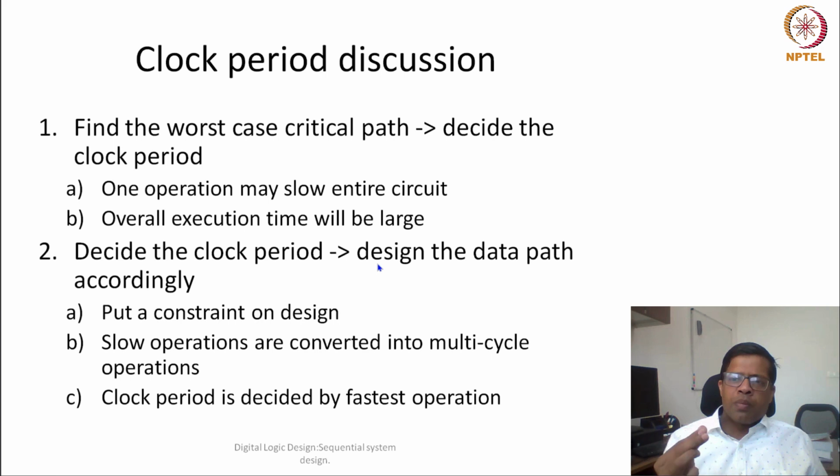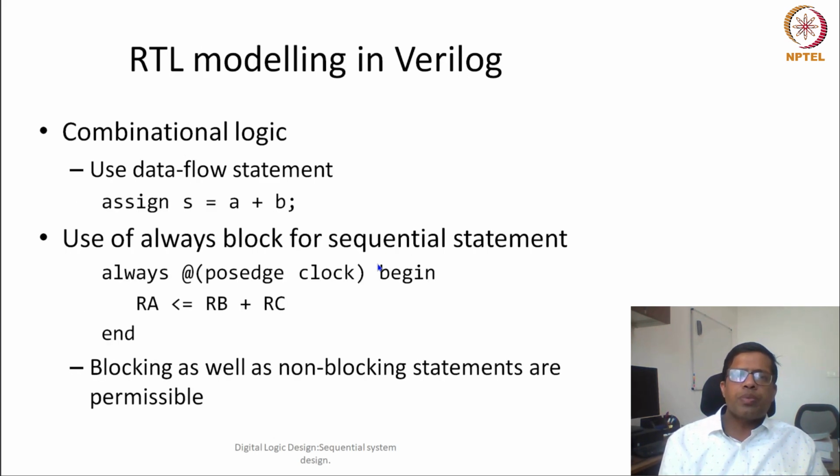And because of that, it is quite possible that multiplication takes multiple cycles, or division takes tens of cycles, and floating point operations may take 20s of cycles. So all of those operations are decided by the clock period, which is decided by the fastest operation and also the common operation. Now this gives us some understanding of how the clock period is decided and what the different trade-offs are.